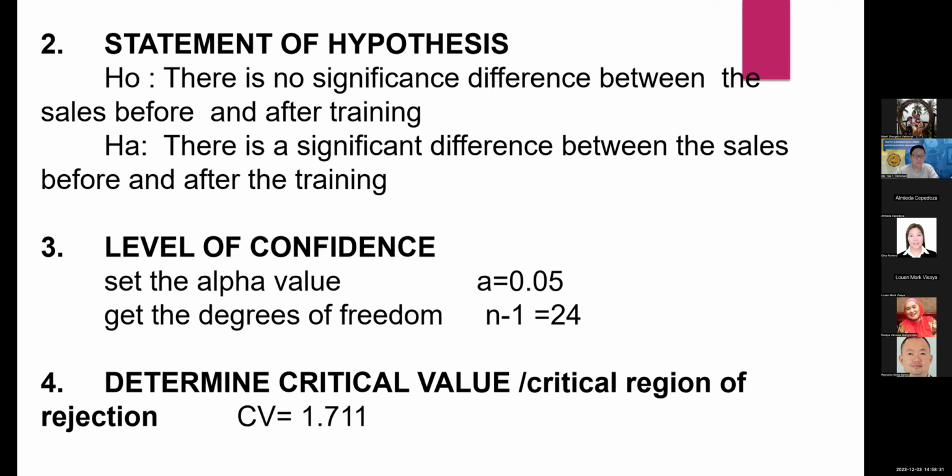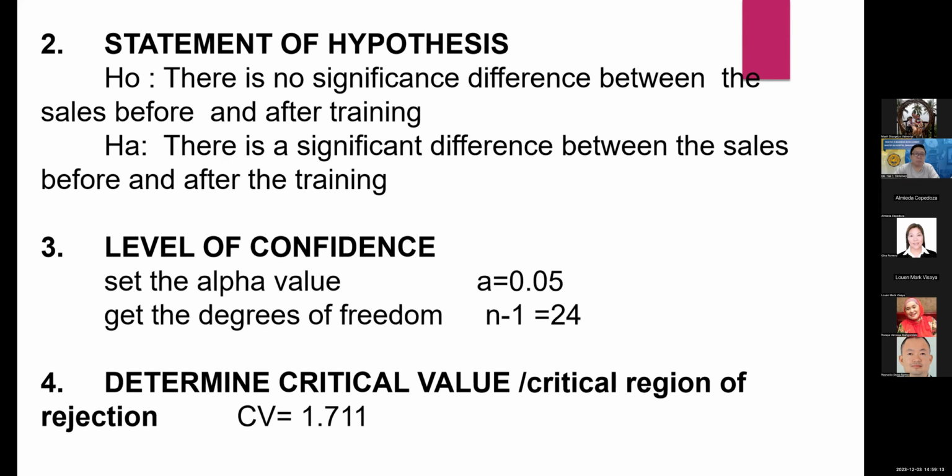For the null hypothesis, there is no significant difference between the sales before and after training. And for the alternate hypothesis, there is a significant difference between the sales before and after the training. So number 3, for the level of confidence, you set the alpha value at 0.05. And then the degrees of freedom, since we have a sample of 25, 25 minus 1, that will be 24 for the degrees of freedom. And then we determine the critical value, which is at